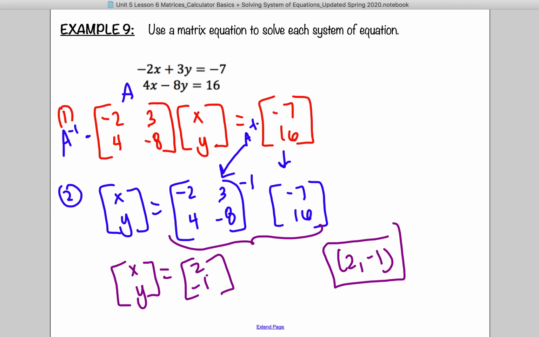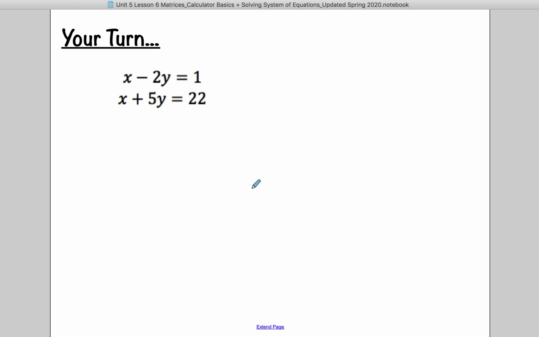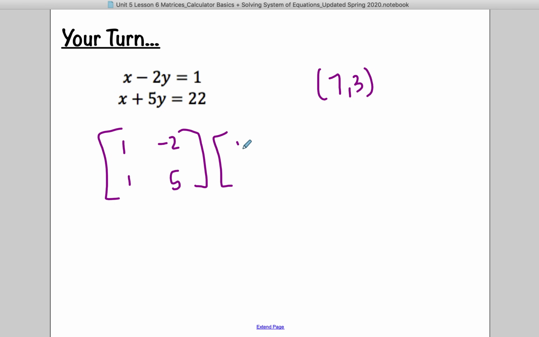If you would like, there is a your turn, so if you just want to practice one more, you may. If you feel good, you can move on. The solution for this one is 7, 3 though, okay? You'd set it up very similarly. You'd have 1, 1, negative 2, 5, xy